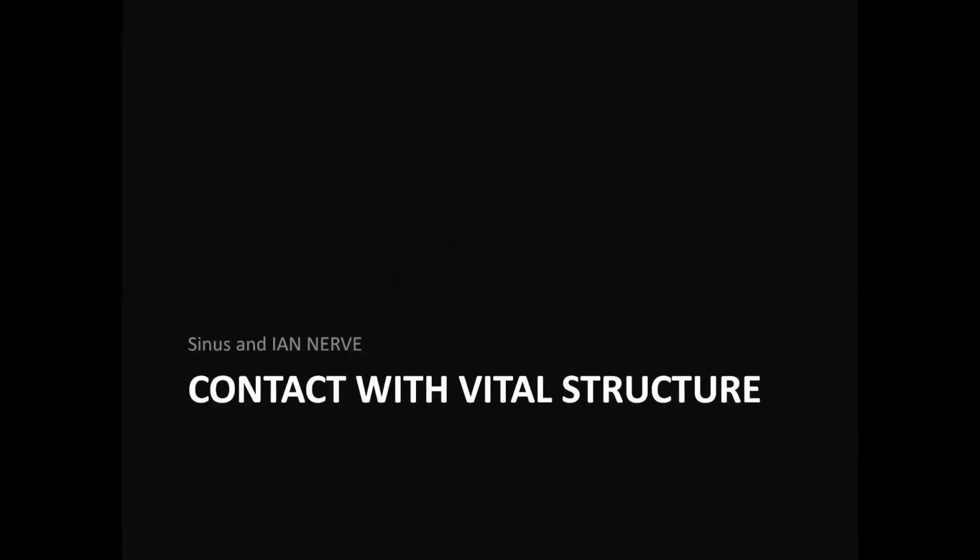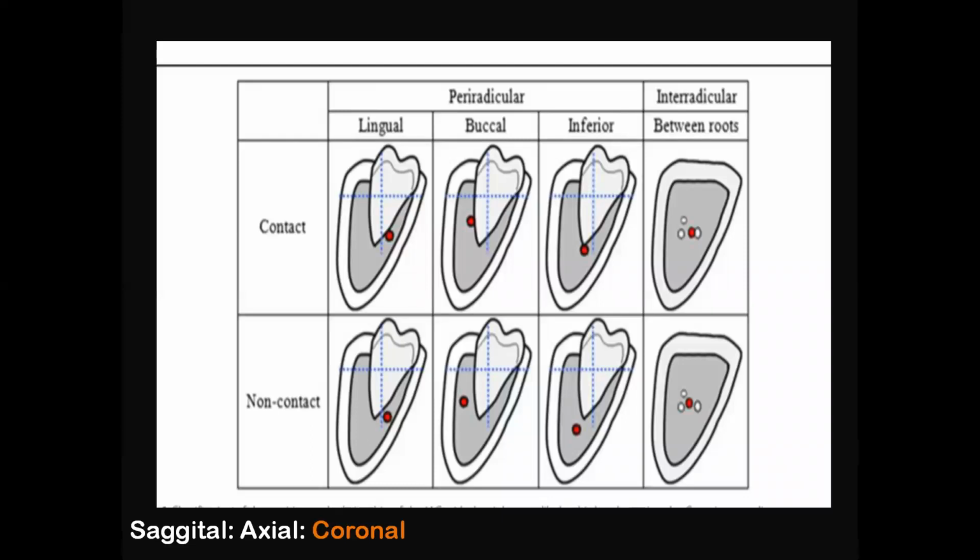Now, the structures we most commonly see and are most concerned about are the vital structures. The vital structure in the mandibular third molar is the inferior alveolar nerve canal. For the maxilla, it could be the maxillary sinus and the greater palatine vessels, which we will go through one by one. Now, if we want to classify it on the basis of severity, we need to divide it into two parts. Whether you are looking at an OPG or a CBCT, you will first see whether the tooth is in contact with the nerve shadow or not: contact and non-contact.